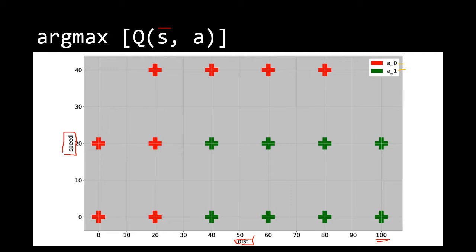So here, for instance, if we consider that one there, we were at a distance of 40 meters, and then we were having a speed centered around 20 kilometers per hour. So the agent learned in this case, if I were to act optimally with the Q values I've been learning, I would be selecting the action A1, which means, let's say, accelerate, or at least target a higher speed. That means you want to accelerate, and that